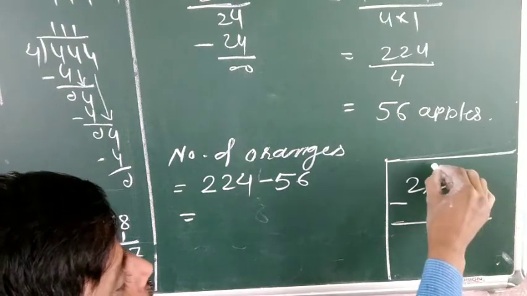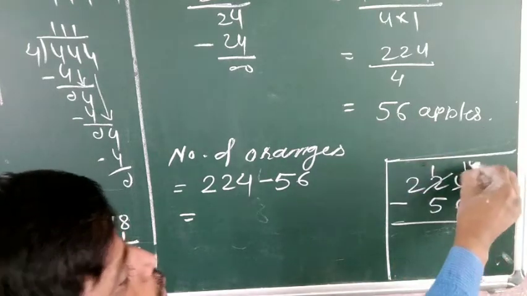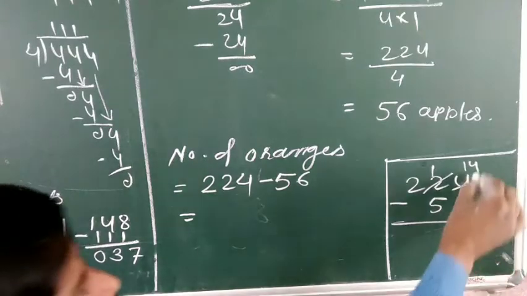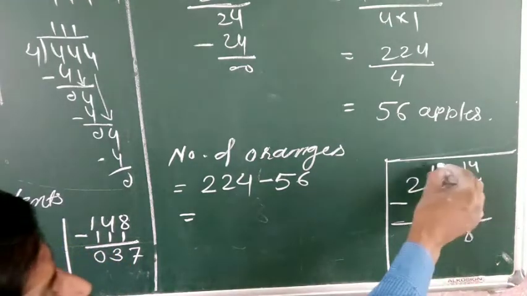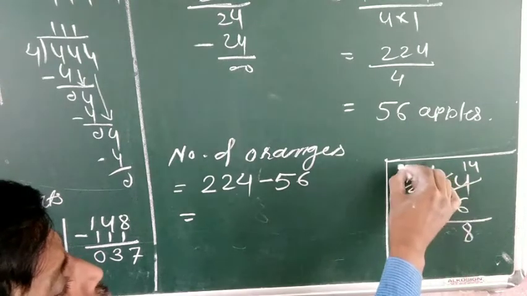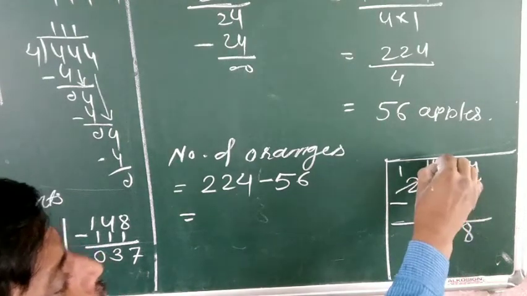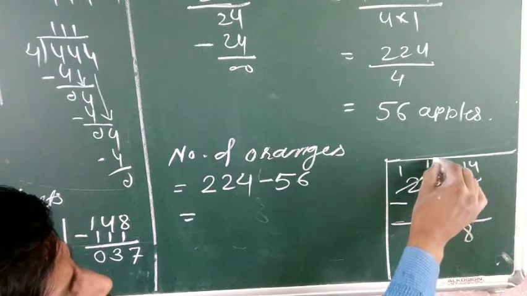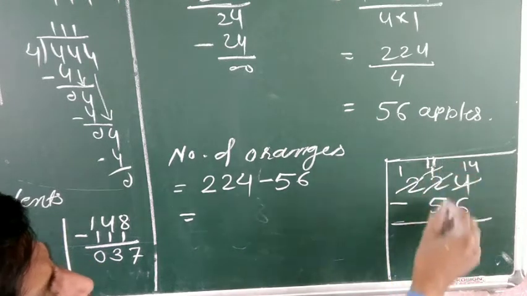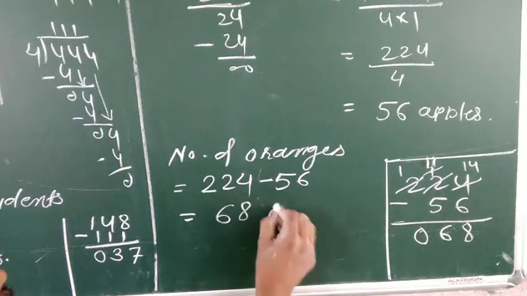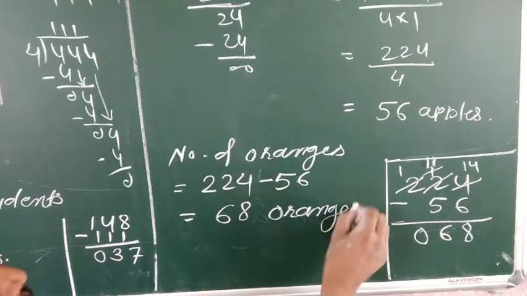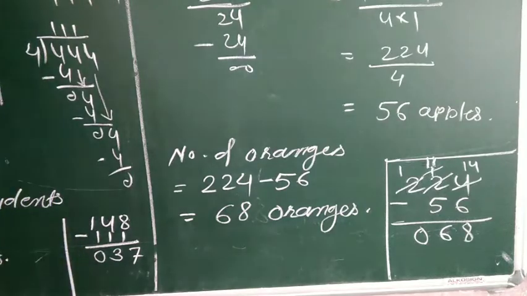See, 4 minus 6 नहीं होगा, so we have to take carry here। It will be 1 and it will be 14। Now 14 minus 6, it is 8। Now 1 minus 5 नहीं होगा। Again you have to take carry from here। So here will be 11। Now see, it is 11 minus 5, it is 6 and 0। So the answer is 68। 68 is the number of oranges।